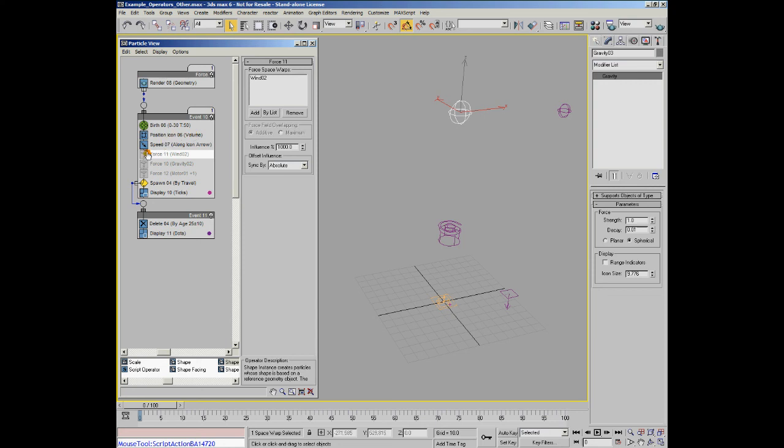The way the actual operator works is, I'll just turn this one on again. You have a pick box here where you actually pick